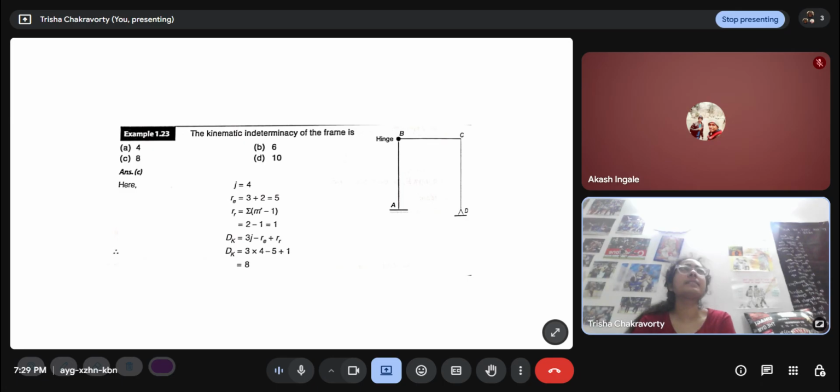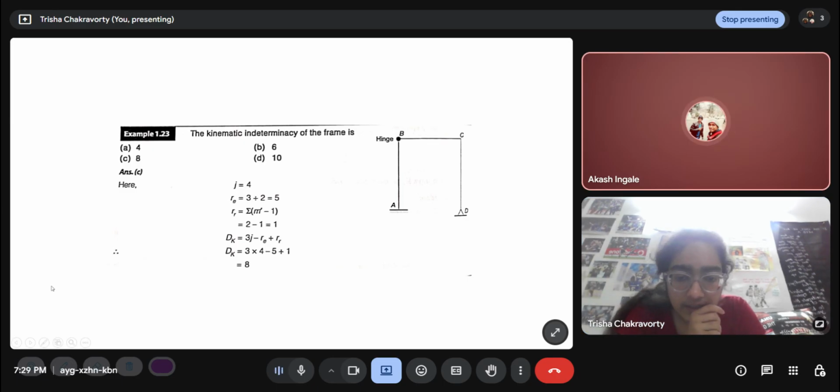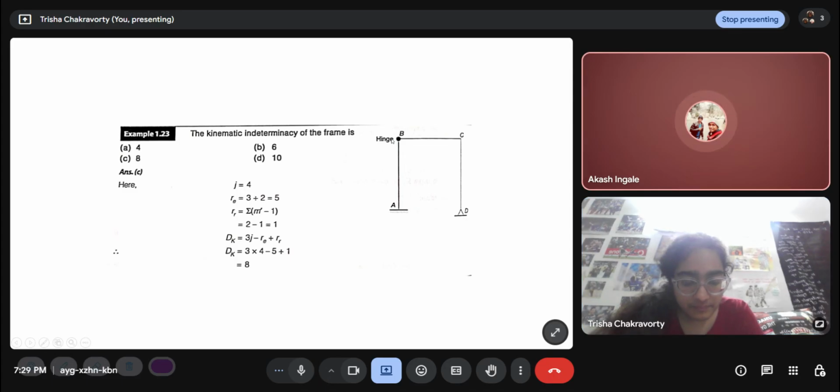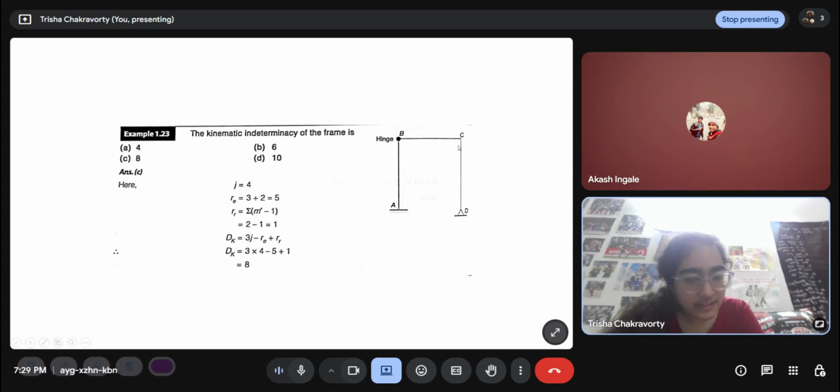I don't know how to phrase it, but if you have got the Cj minus Re plus RR. So that is the formula: summation of M dash minus 1, and M dash is the number of members meeting at the particular internal hinge. If there is another internal hinge where three members meet, for that I will have a value of 3 minus 1, 2. From here I am getting 2 minus 1, 1. So 1 and 2 I have to add.